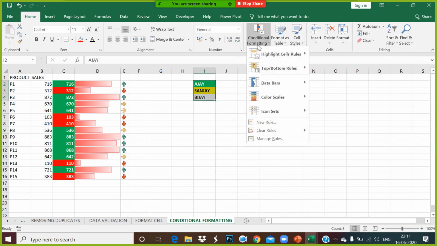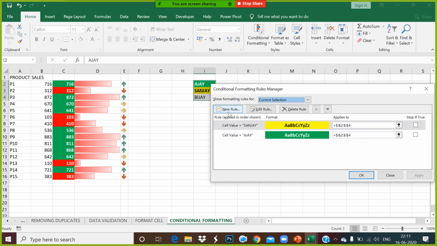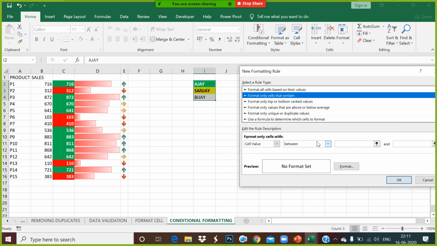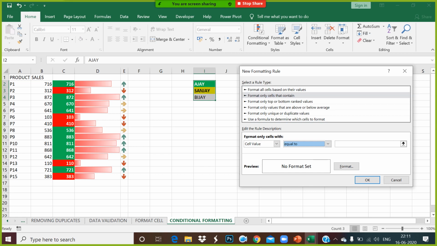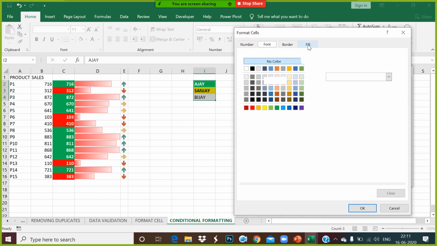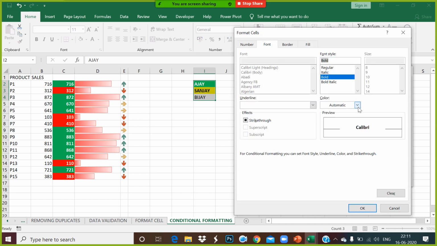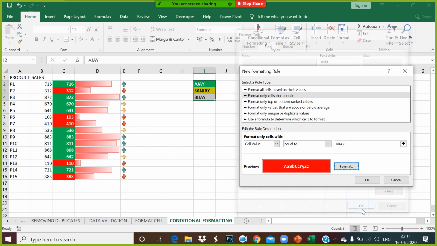Again, I select this cell range, go to manage rules, and add one more new rule: if the cell value equals Vijay, fill as red color, bold, and white font.